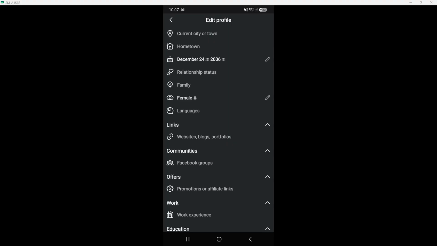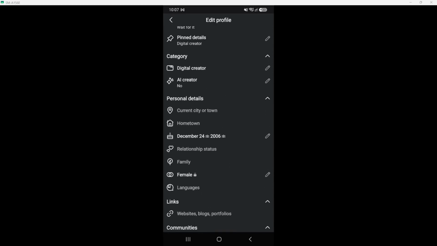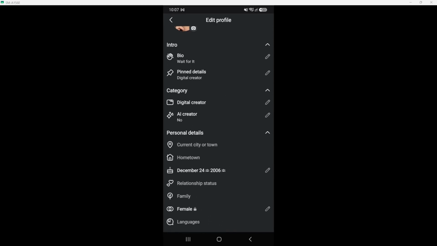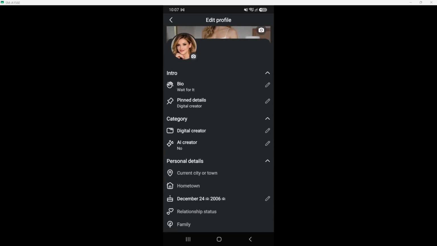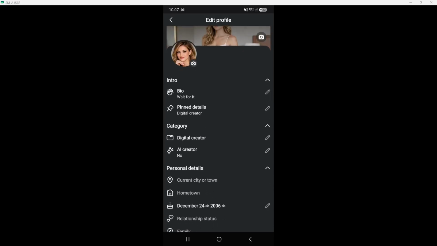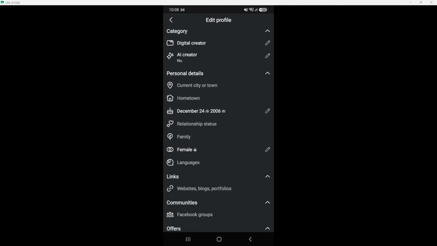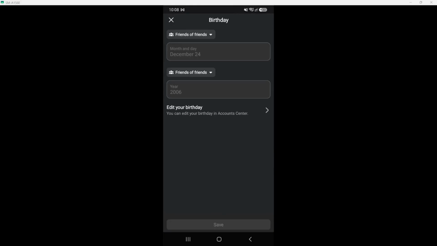Next up, tap Edit Your About Info. This section contains personal details that you have shared publicly on your profile. It includes information like your interests, relationship status, and other essential data. By accessing this area, you are one step closer to updating your birthday, which is crucial for changing your age in Facebook dating. Once you tap this option, you will be presented with various fields where you can update your information.